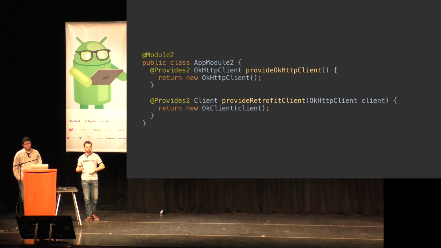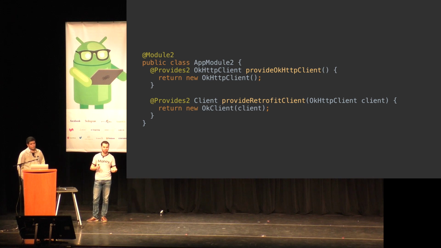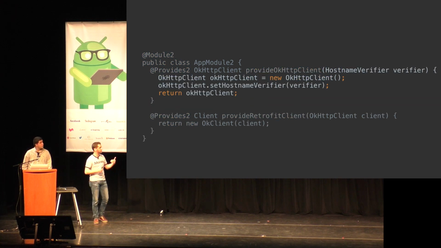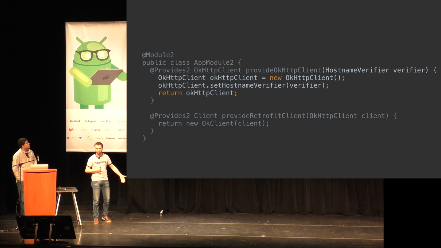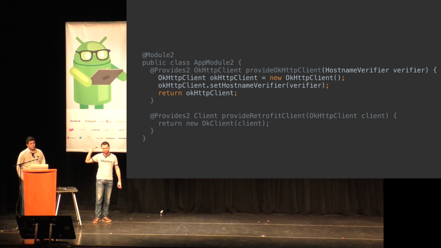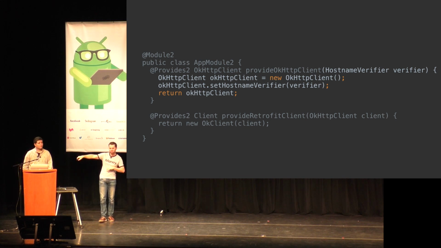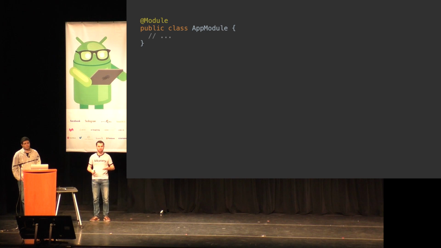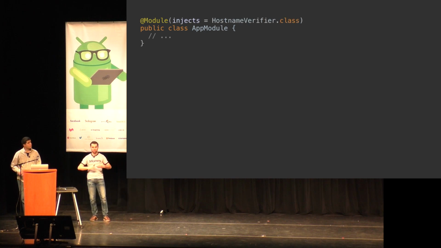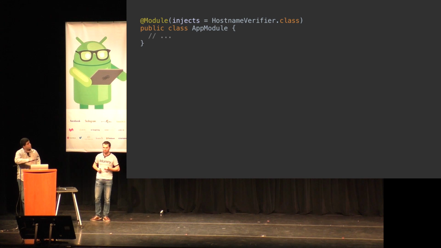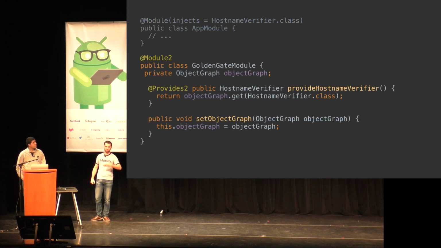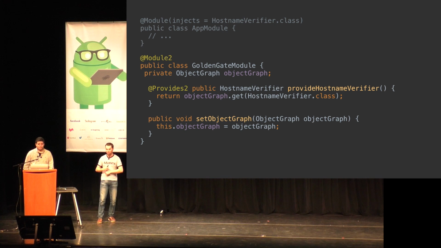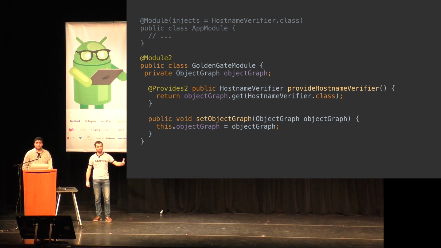Now the problem we have is, say we want to migrate the OkHttp client into Dagger 2, right? But the problem is the OkHttp client dependency needs a hostname verifier. And my hostname verifier is actually still in Dagger 1, and I don't want to move it because that's too much work, and I don't understand host names, and someone else is going to fix that later. How do I do that? Well, we do the same, but the other way around. So we have our app module, and we expose the hostname verifier from the Dagger 1 graph. And then we create another bridge module. So I needed a new name, so it's going to be the Golden Gate module. And it exposes the hostname verifier